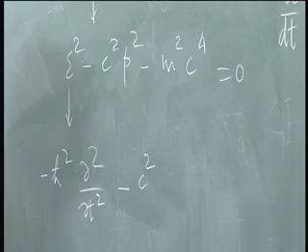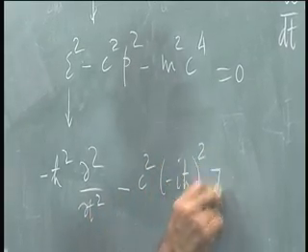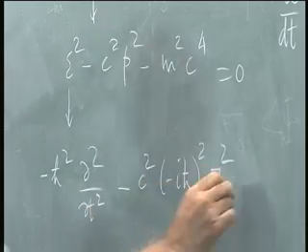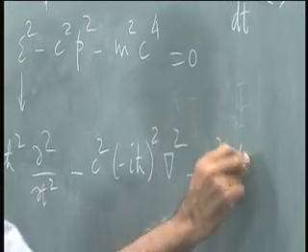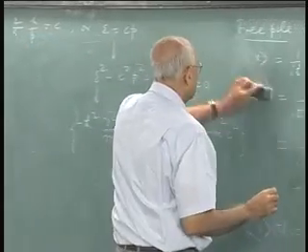P in the position basis is minus iħ gradient acting on the wave function. So c² times minus iħ squared del squared acting on the wave function, minus m² c⁴ acting on the wave function, this whole thing acting on a wave function